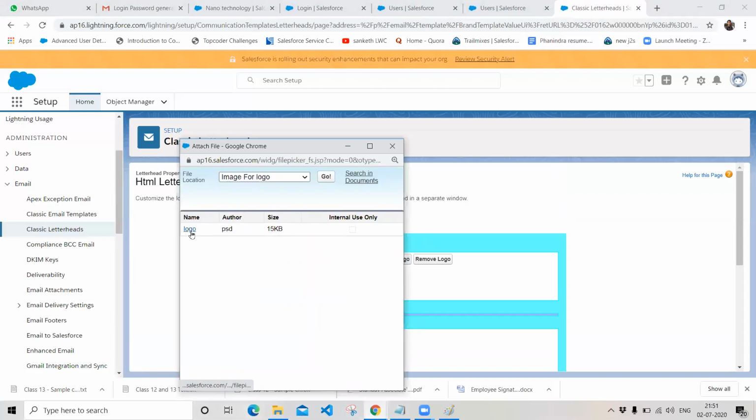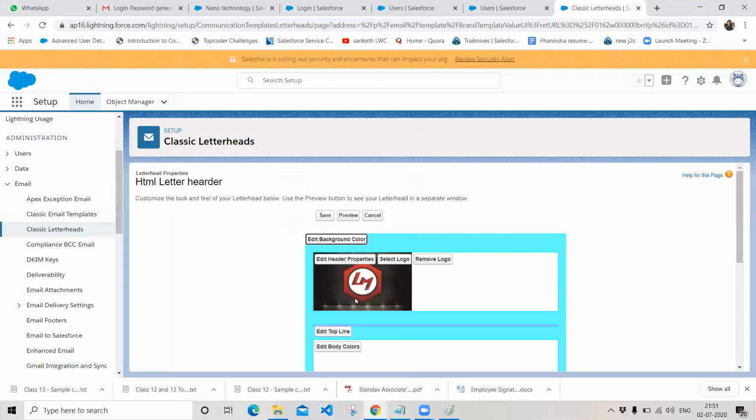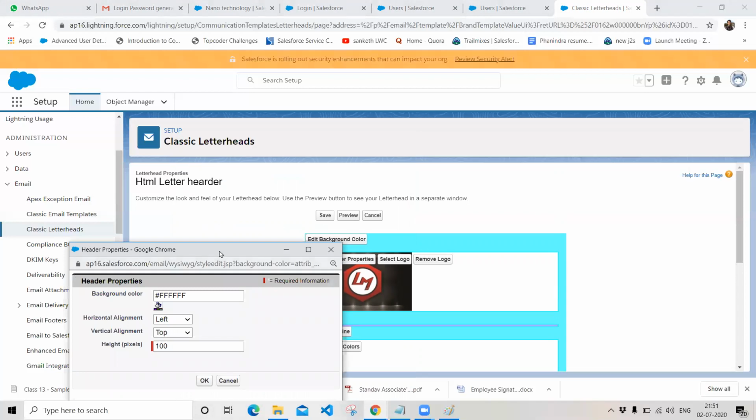When we created the loan management application, we saved the loan management logo in the static resources, right? So right now the logo is available in the static resources, so click on the logo. Once you select the logo, it will be automatically loaded into our letter header, and you define the properties where you want to see this logo.